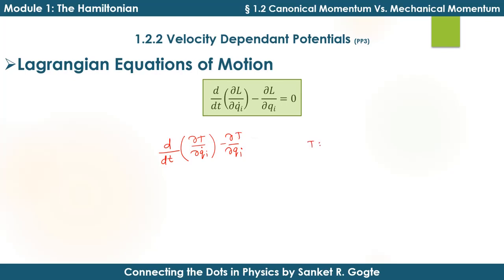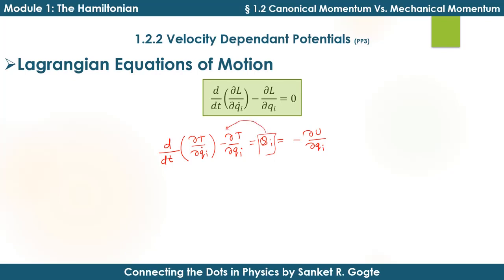This T is nothing but the kinetic energy, and this turns out to be equal to Q, which is generalized force Qi, which is minus of dou U by dou Qi dot. So this is the generalized force that we get, and when we plug it here we get the Lagrangian equation